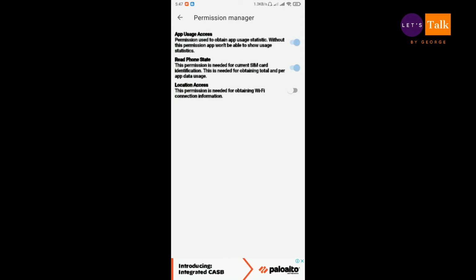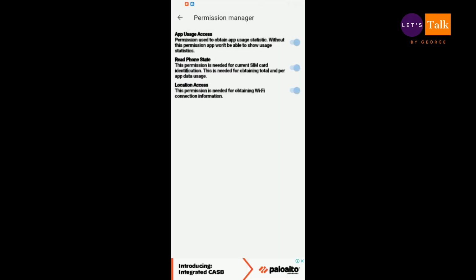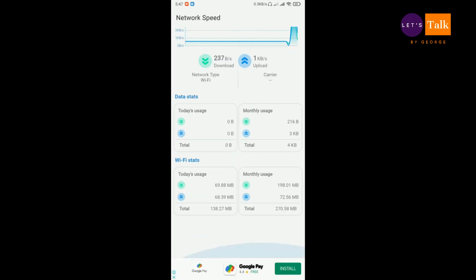If you prefer to enable location access, you can enable it. I don't think that is a problem, because nobody is going to knock on your door one fine morning and say, oh, you have enabled the location and we got the location from this app. No, nobody is going to do that. So if you want to, you can enable the location access. Again, it's an MIUI thing, I cannot really help. Let us go back to the app again.